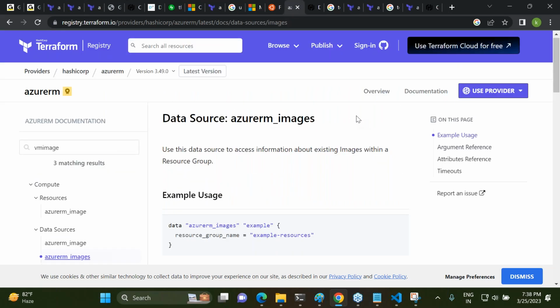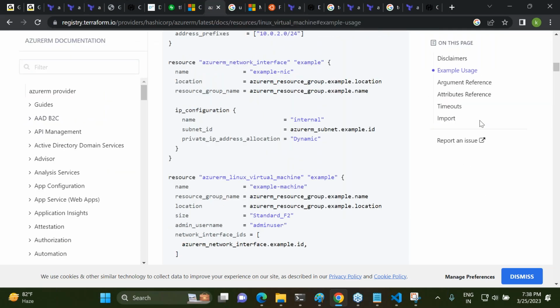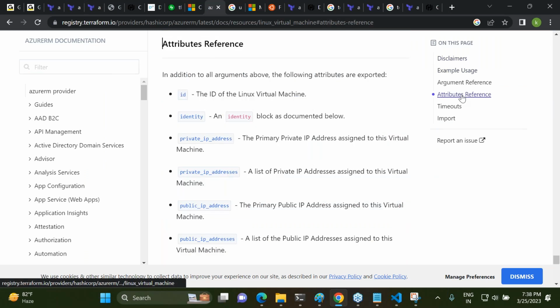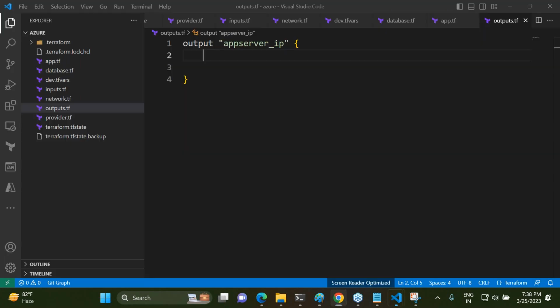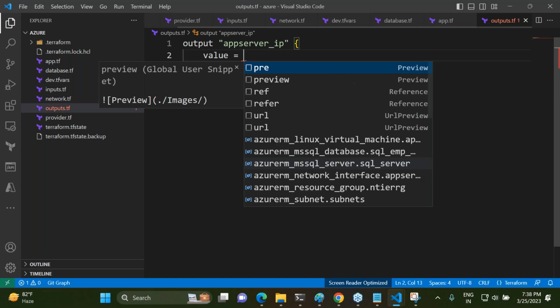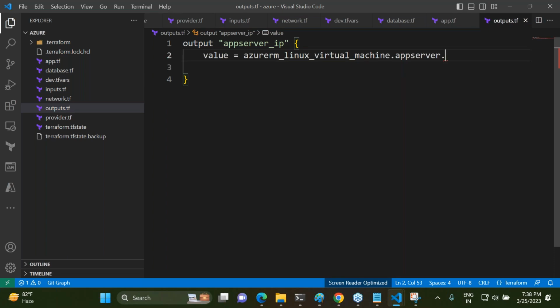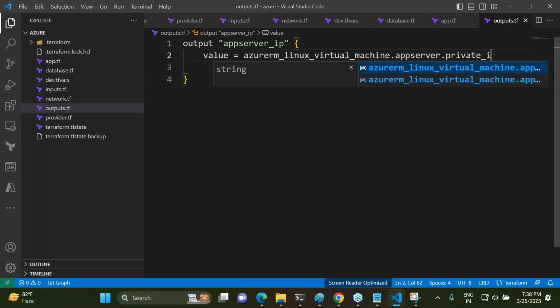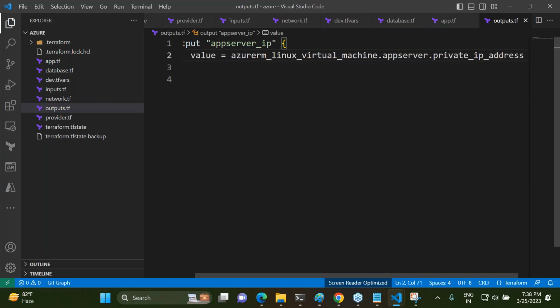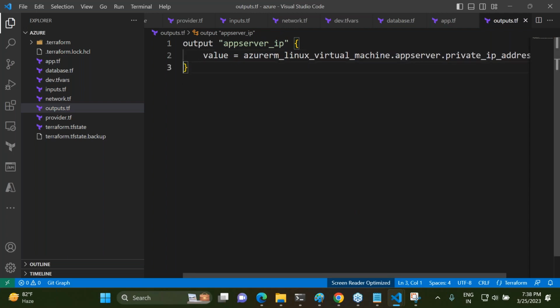Where is it? Now, what are the attributes? So are you saying you can give the private IP address? Yeah. So I'll try to tell that value is equals to azurerm_linux_virtual_machine.private_ip_address, right? And then